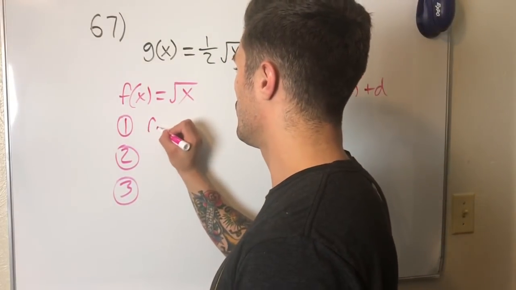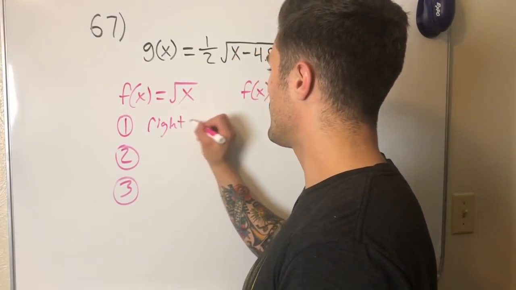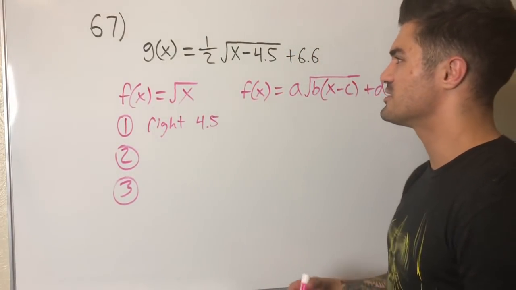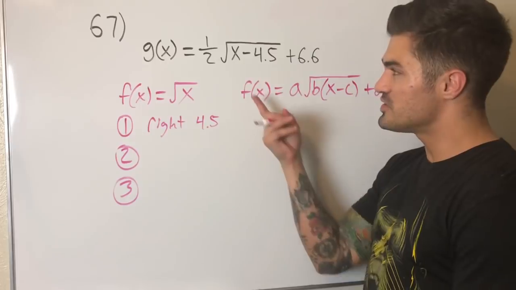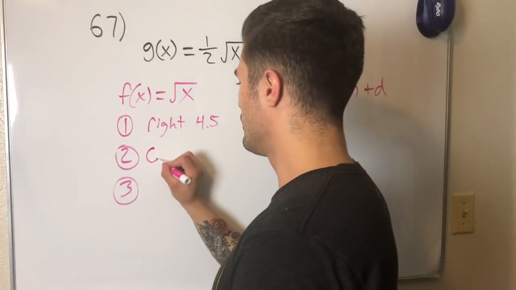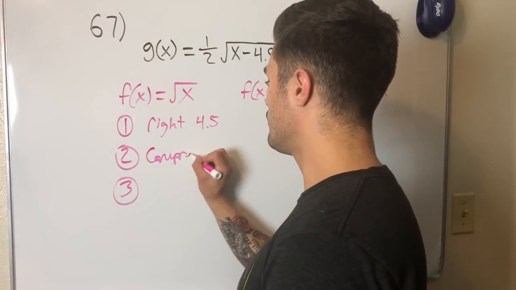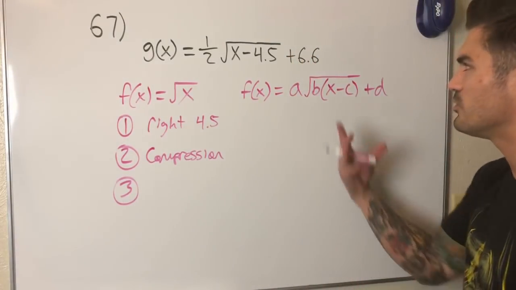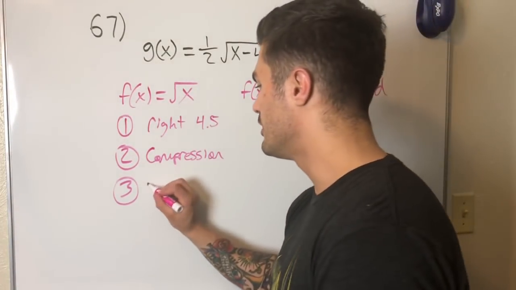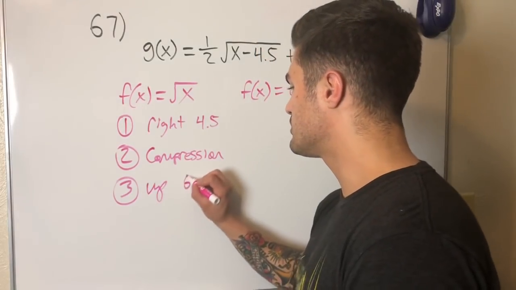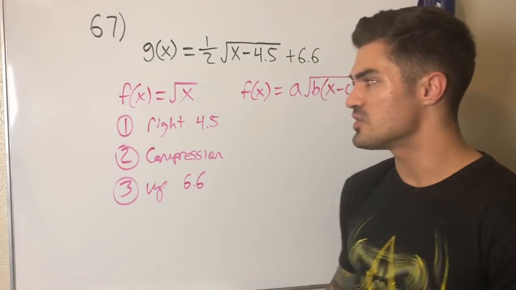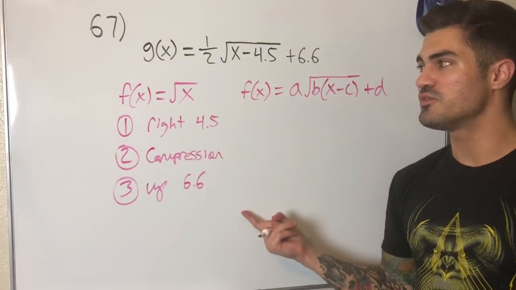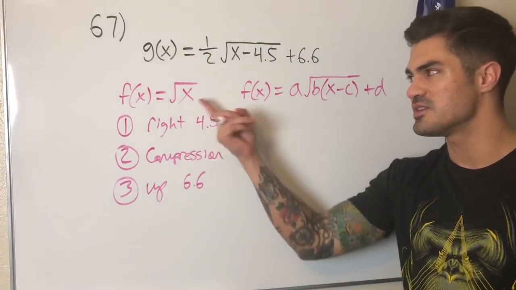So I'm going to say shift to the right, 4.5. And I'm just using shorthand here because I don't want to write full sentences, it would take forever. Let's see, this is going to be a vertical compression by a factor of 1/2. You could write that full part out if you want. Vertical compression by a factor of 1/2. And then shift up. So you're shifting up 6.6 units. So this is the order. We go shift to the right, compress, shift up, and our parent function is f of x equals square root